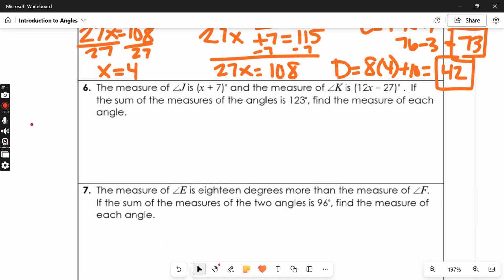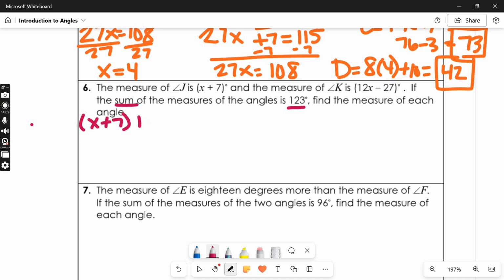The measure of angle J is x plus 7. The measure of angle K is 12x minus 27. Find the sum, if the sum is 123, find the measure of each angle. So this is the same thing from the previous problem. So if you want to pause it, try it, see if you get the same values. That would be a great idea. Okay, so I'm going to do